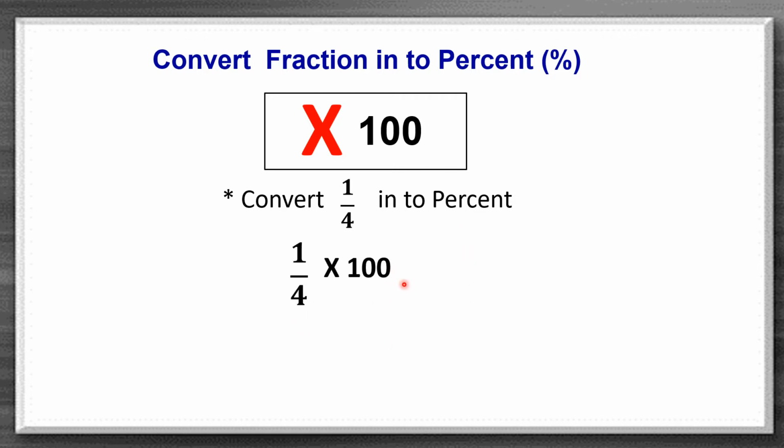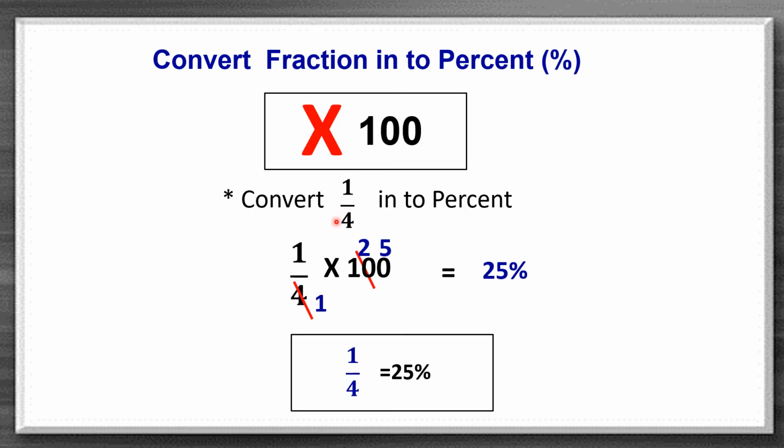Now we will reduce it to the lowest terms. 4 ones are 4, 4 twos are 8, and here 2 carry over we will get. So 20 it will be. That means 4 fives are 20. Therefore, 1 by 4 is the same as 25%, or 25% equals 1 by 4. So, in these two slides, we have seen converting the percentage into fraction and fraction into percentage. Both the values will be the same.